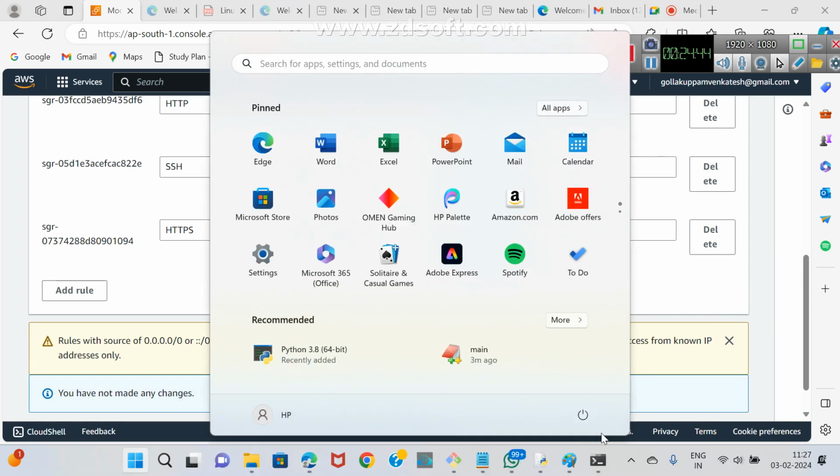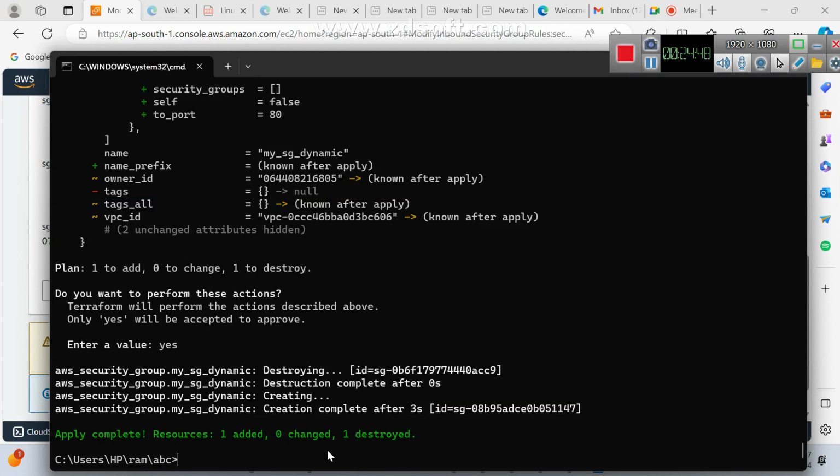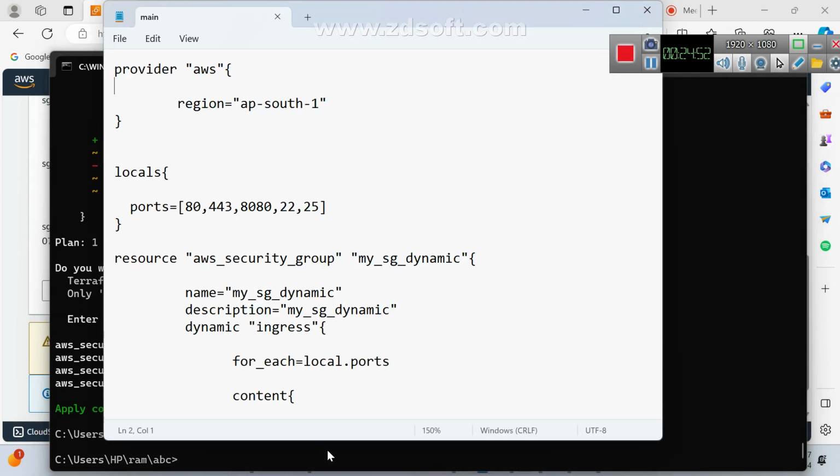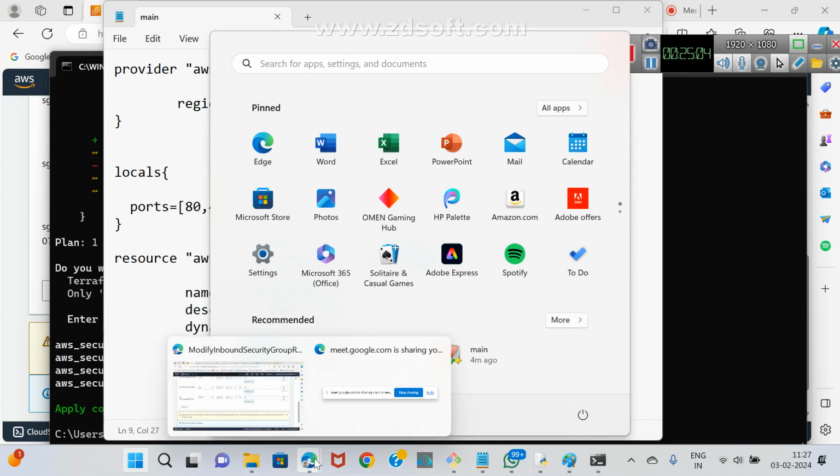But I am going to our Terraform code once again. You know our Terraform code. We are opening this Terraform notepad. What was the fourth port number we have seen, Uday? LDAP.